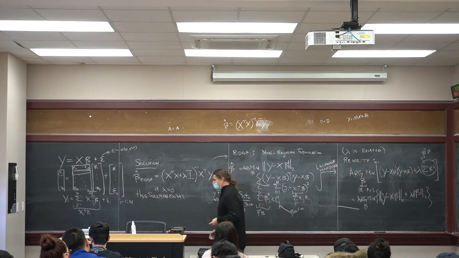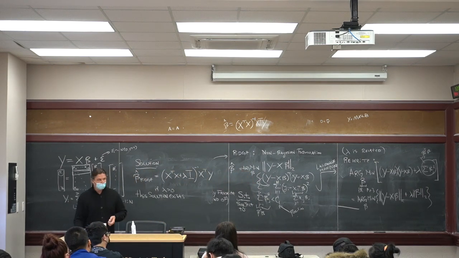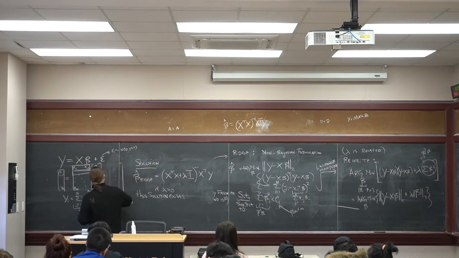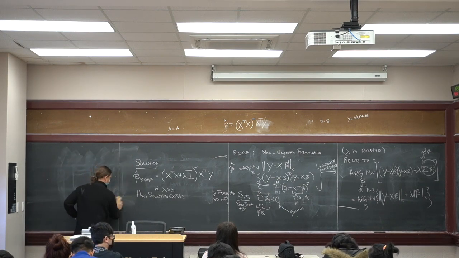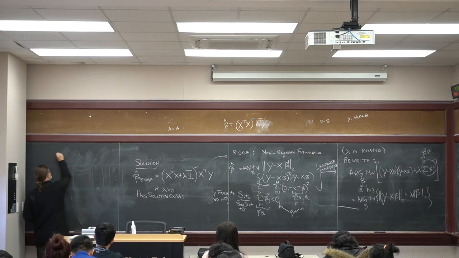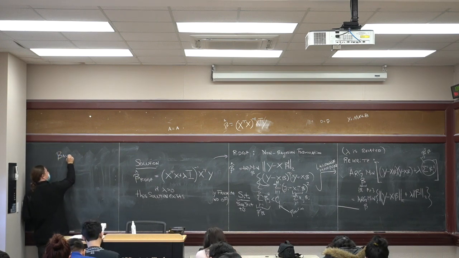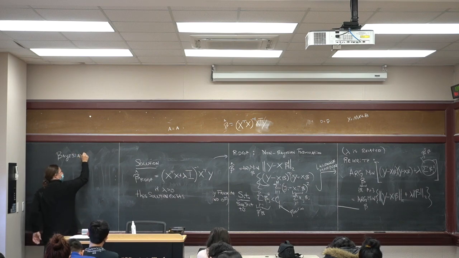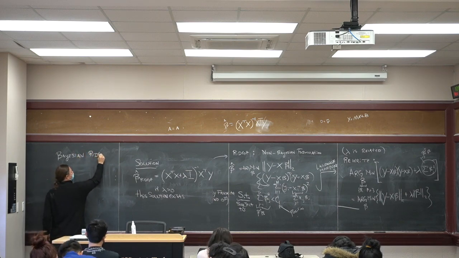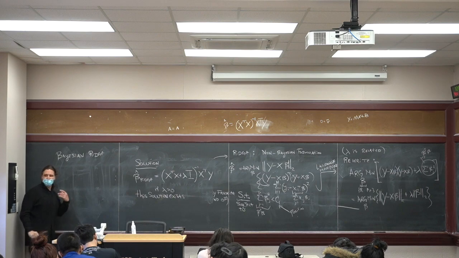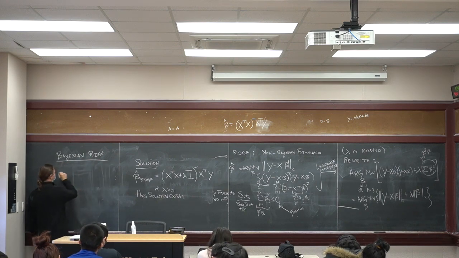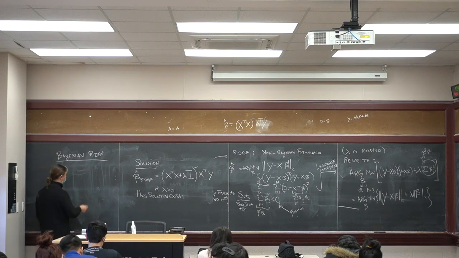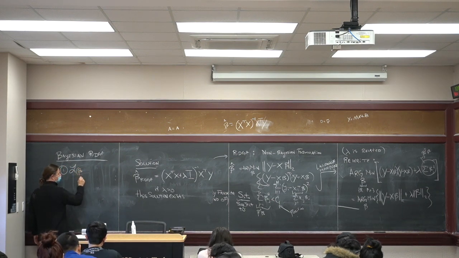So let me show you how Bayesians treat this problem. It's very, very similar. So this is Bayesian ridge. And I should say that probably most Bayesians end up doing this by default. So this is going to be my likelihood function. So my step 1 is write down a likelihood function, beta, given x's and y's.